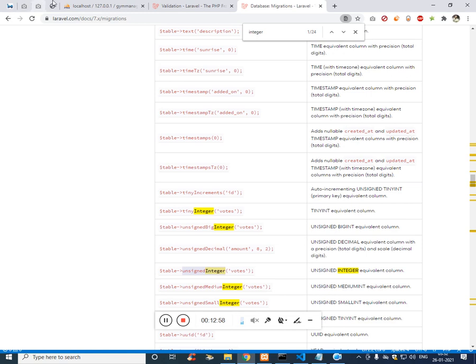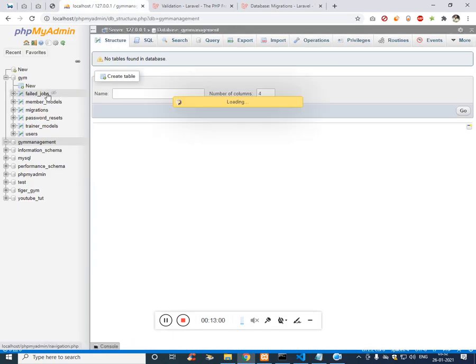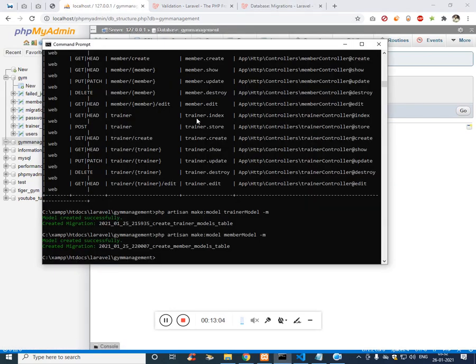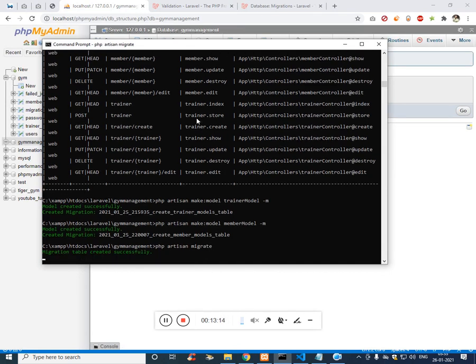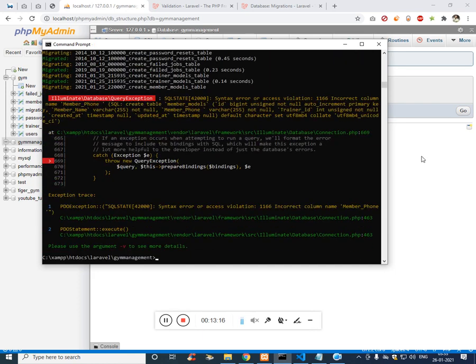Before that, let me show you the blank database. If I click on gym management, the table is blank. Now if I run php artisan migrate, the tables will be created automatically.